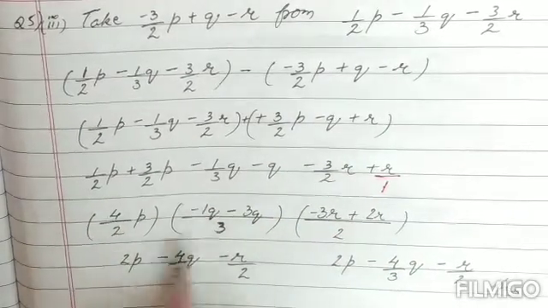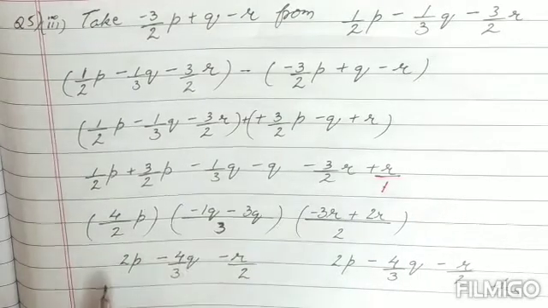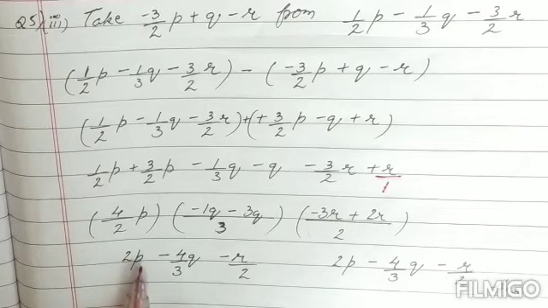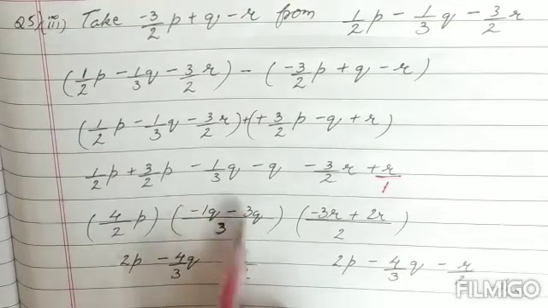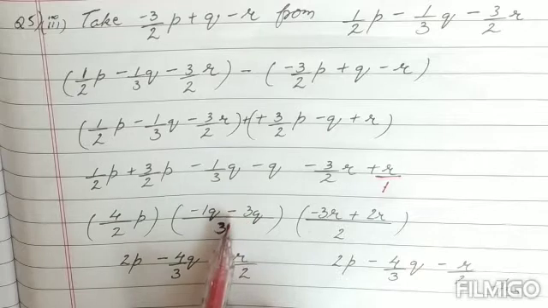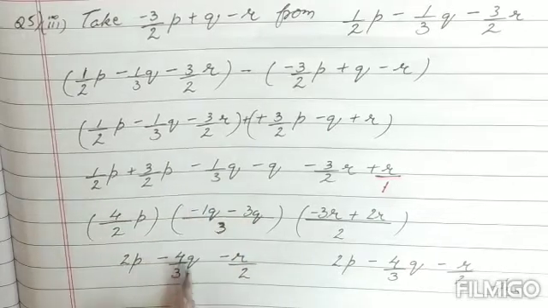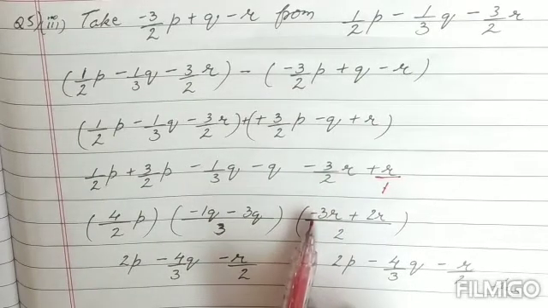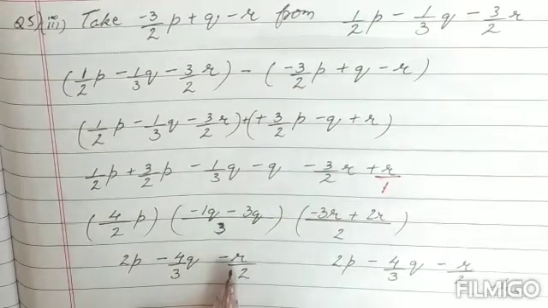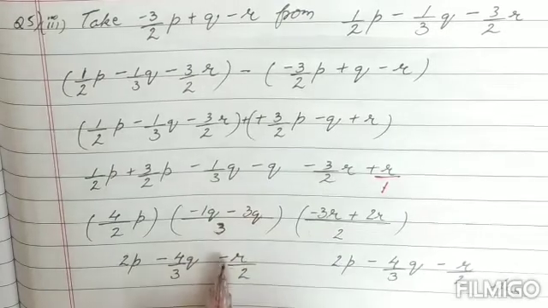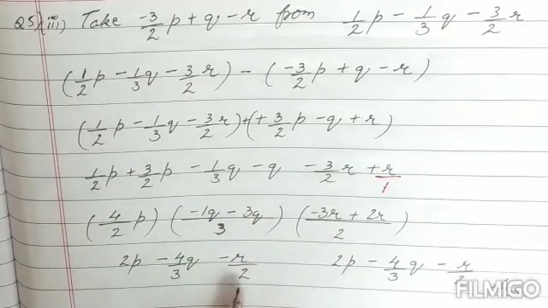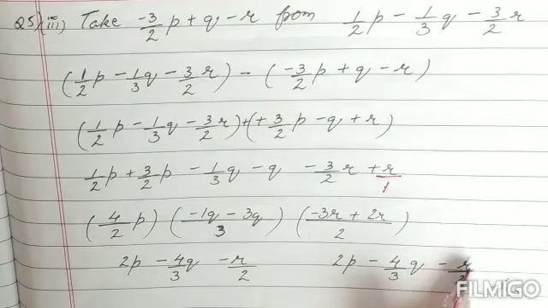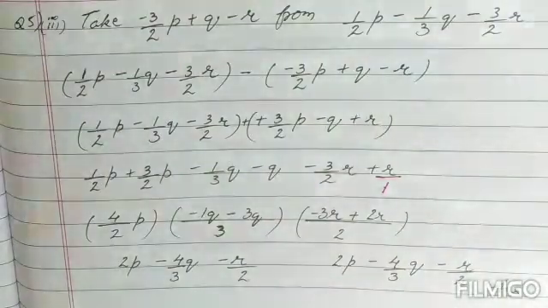Then solve it further, children, according to the integers that are given. Now this 2 and 4 will cancel each other, so it will be left as 2p. Over here, minus and minus will be added up together, with the sign of the bigger value, so it will be minus 4 upon 3q. Same over here in the next bracket, a plus and a minus is again minus, so I have subtracted it, with the sign of the bigger value, so minus r upon 2. So your answer is 2p minus 4 upon 3q minus r upon 2. That becomes the answer.